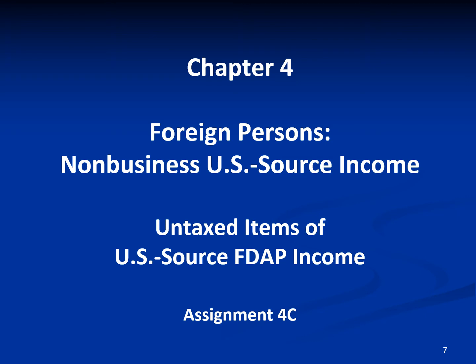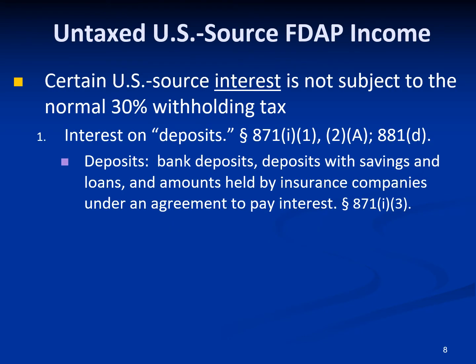In assignment 4C, we find that certain types of FDAP income are not subject to the 30% tax. Specifically, certain types of U.S. source interest are not subject to the normal 30% withholding tax. The first type of interest that is exempt is